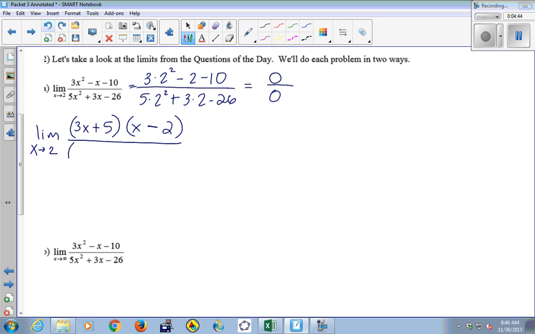Good. All right, and then my denominator, 5x squared plus 3x minus 26. So I've got to have a 5x and an x to make 5x squared. Factors of 26: 13 and 2 are the only ones because 13 is prime. So it's got to be 13 and 2, and I want them to sum to 3. So I'm going to put the 2 here and the 13 here because that gives me 10x and 13x. I want it to be positive 3, so that one's going to be negative and that one's going to be positive. All right, so that's nice because my x minus 2's cancel.